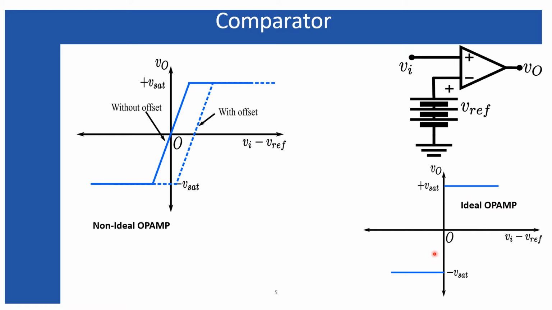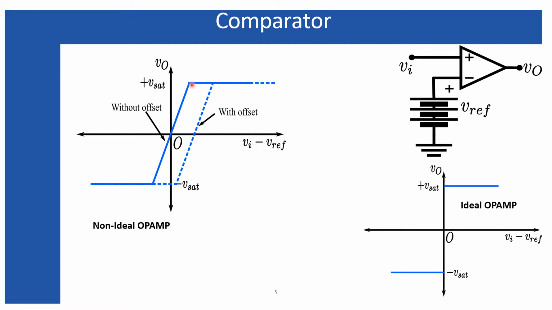This transfer characteristic represents the transfer characteristic for the ideal op amp, because when Vi becomes greater than V reference by a very small amount close to 0, then the output switches to the plus Vset. In a similar way, the output switches to the minus Vset when Vi becomes slightly less than the V reference. And this instantaneous change of the output voltage takes place over here due to the infinite voltage gain of the ideal op amp. But a practical or non-ideal op amp has a finite voltage gain, and due to that,